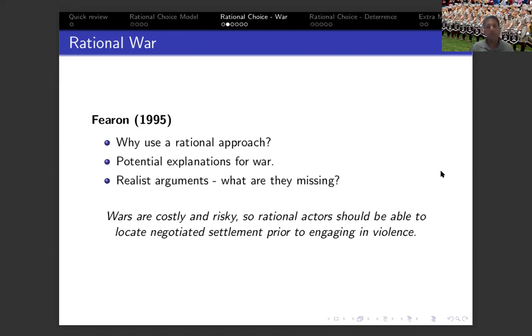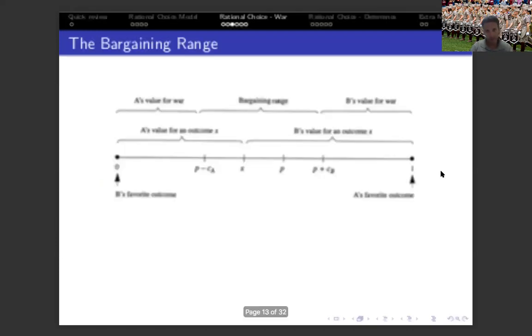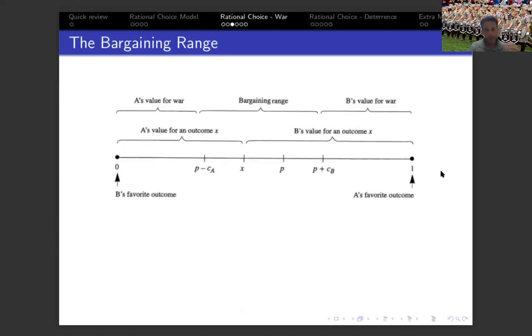So before we go into explaining why there are rational explanations to engage in war, he lays out the foundations of why wars, from a rational standpoint, should not be an outcome. And that's what he called the bargaining range. If you read the paper, I'm sure you stopped over and probably read that part more than once. That's okay. I also had to read it a few times the first time that I read the paper. So I'll go over some of those ideas of what is the bargaining range.